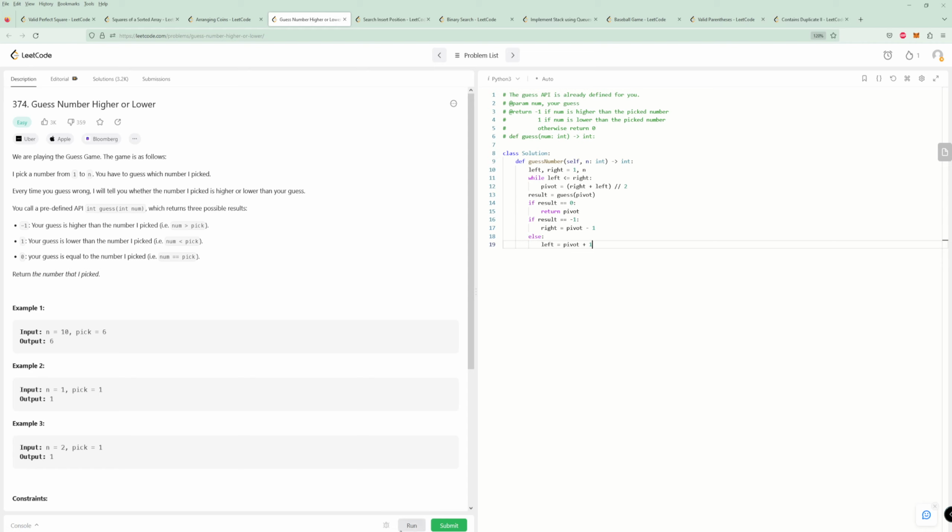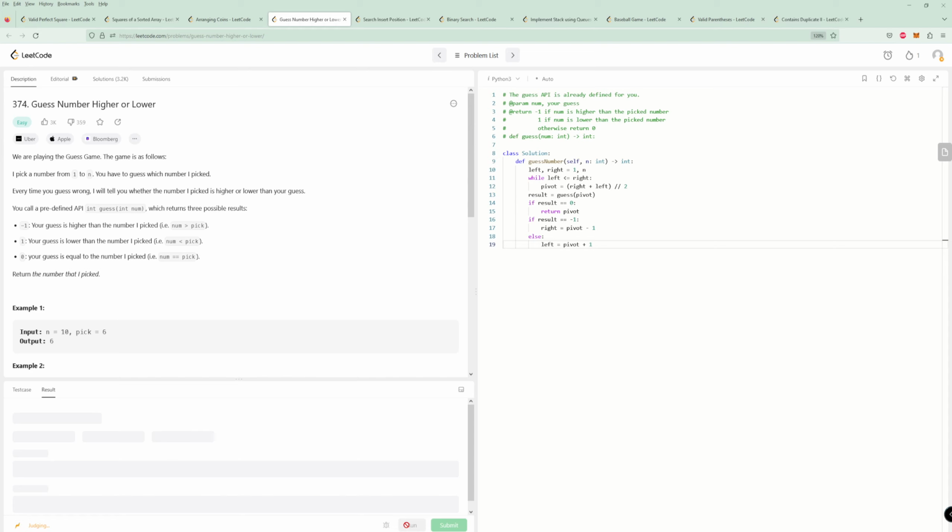And we should always find a value, I believe, here. We have an infinite loop? I think so. Okay, so let's see what we did wrong here. So, well, left is less than right, right? Result equals guess pivot, result 0. If result equals -1,